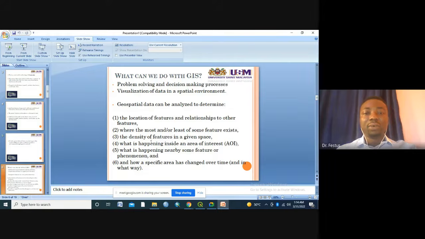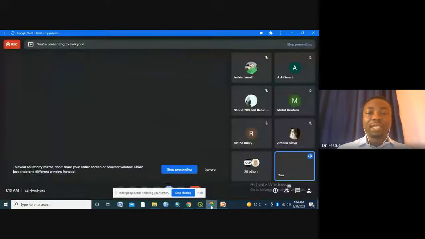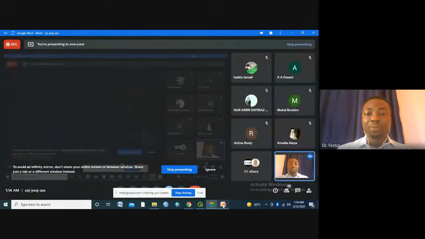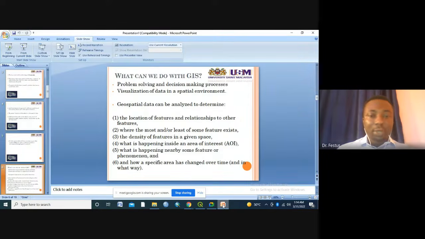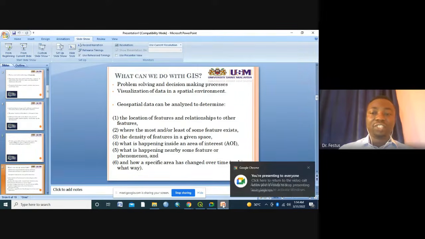You can also know the density of features in a particular environment. And then you can also know what is happening in your area of interest. These are all the things that we can do with GIS. And then you can also know how the area has changed over time. What has happened to the area over time can also be found out using GIS